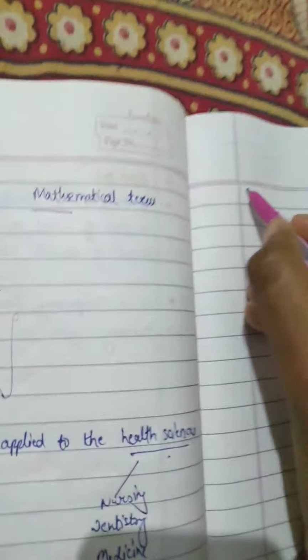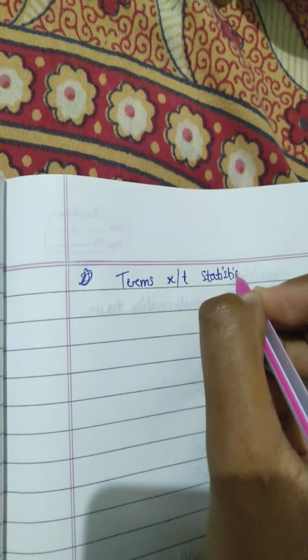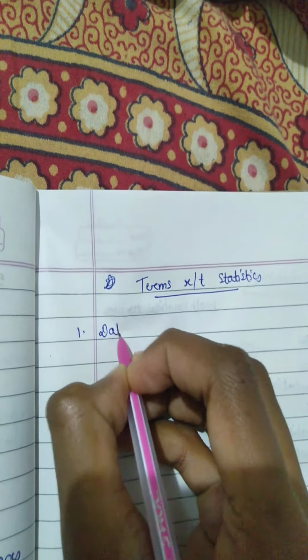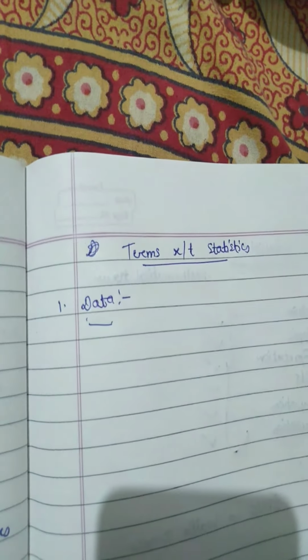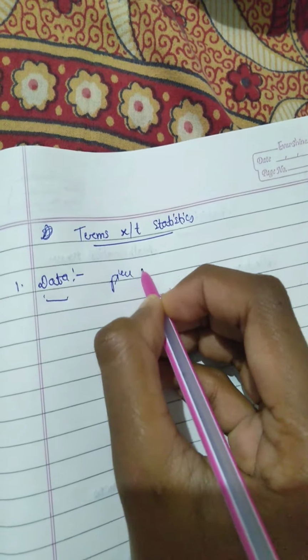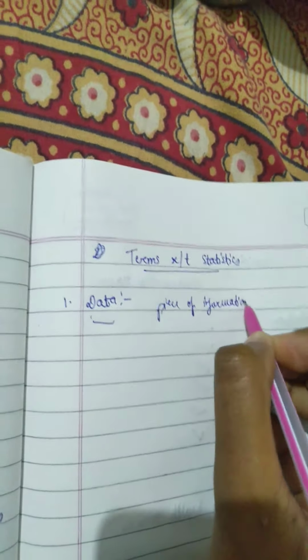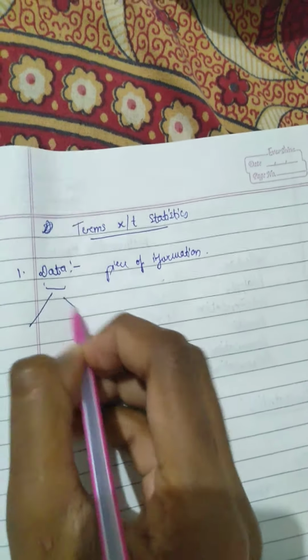After that, there come the terms related to statistics. In terms, the first term that we are going to deal with is data. So what is data? Data is a piece of information. Any piece of information is referred to as data. So data is further of two types: